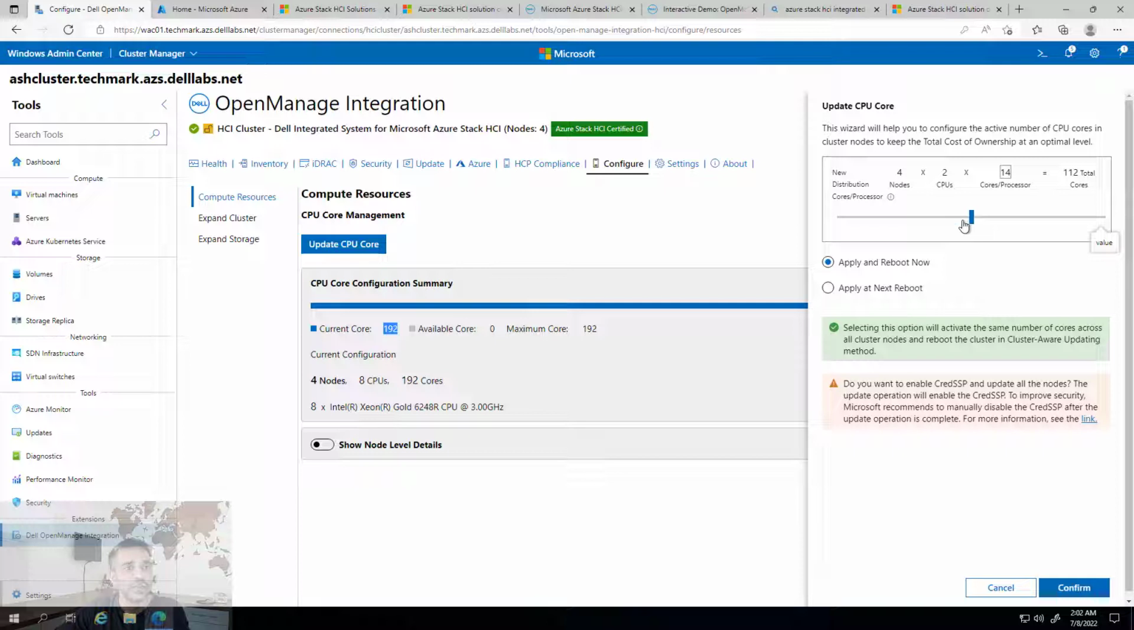So I can bring that down to maybe just 112 cores. Okay. See the option here, apply and reboot now, or I can apply at next reboot. Okay. So what this means is, let's say if I click on apply and reboot, if I click on confirm, which I'm not going to do right now, but if I do that, what happens is each node is automatically, the virtual machines on each node are automatically live migrated. The node is evacuated, the node is rebooted, and the core count is changed in the BIOS, and the node